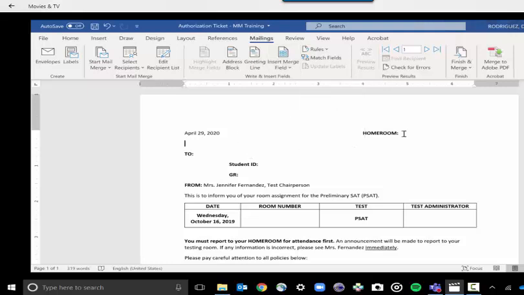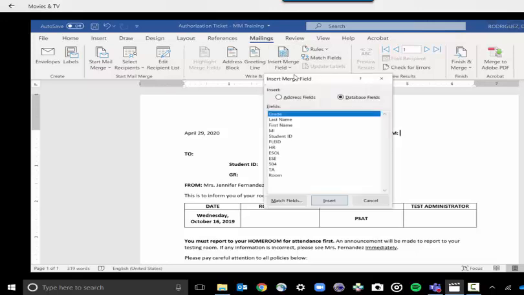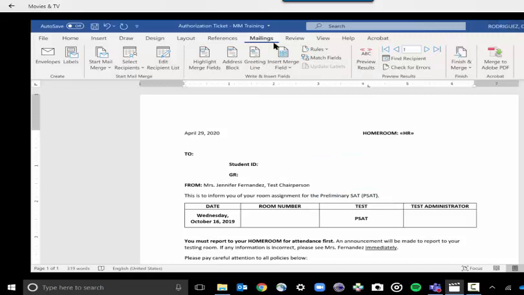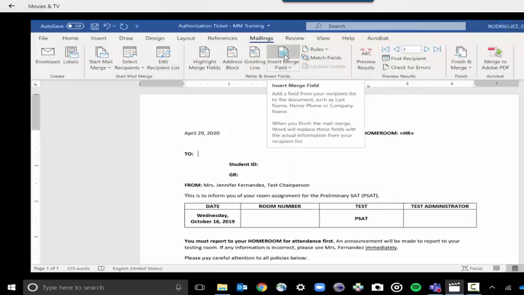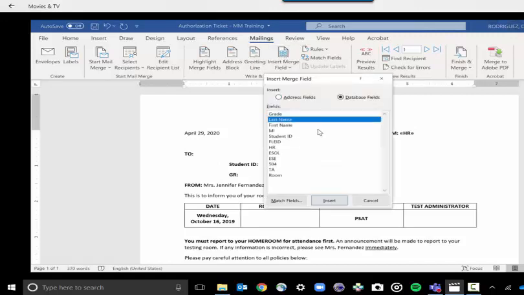So I'm going to go to the first field. It's homeroom. I'm going to click up here, and it's going to give me a listing by headers of everything that's on my recipient list. So I'm going to say, okay, let me have homeroom. I need it placed there. Insert. Okay. Now I'm going to go back up here, and I'm going to say last,